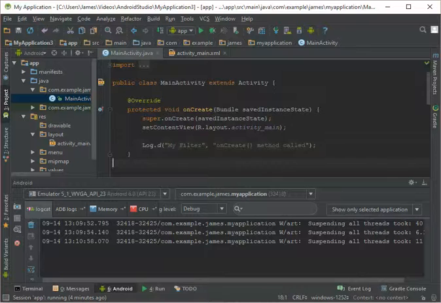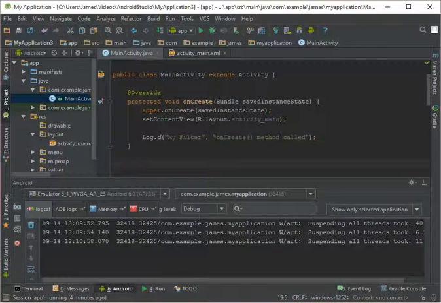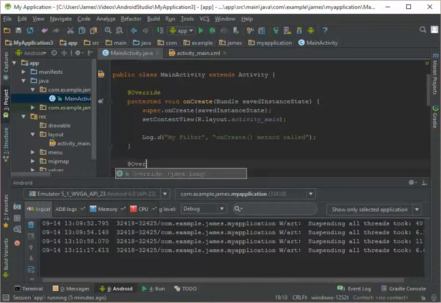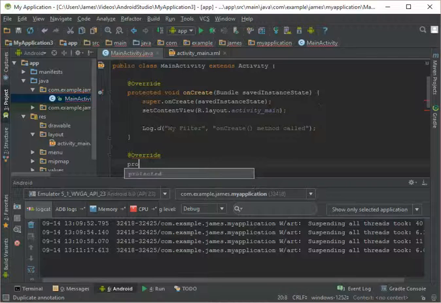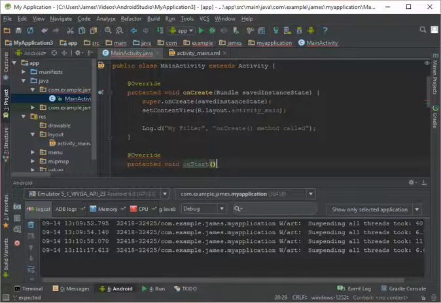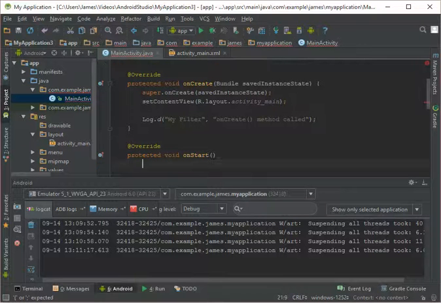So what this is going to allow us to do is just play around with the app a little bit and see how different events, things that we do to the activity, cause different activity lifecycle methods to be called. So what I'll do is add another one. We can just say override, and if you've looked at the different types of events that are a part of the Android activity lifecycle, you know that onStart is another event that happens whenever an activity becomes visible. So I'll just say in here